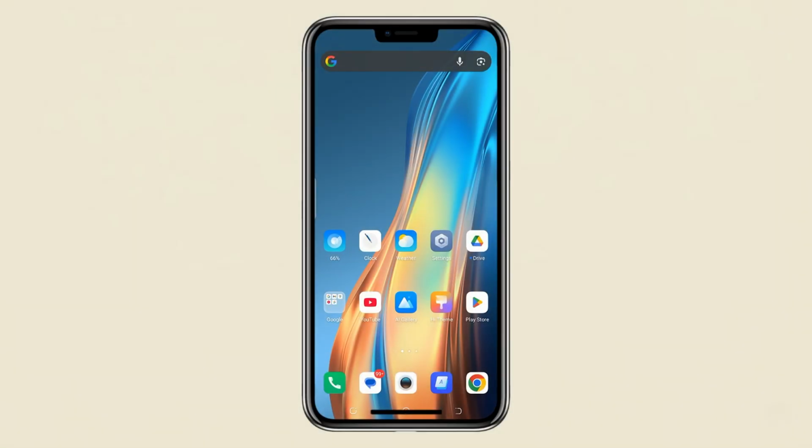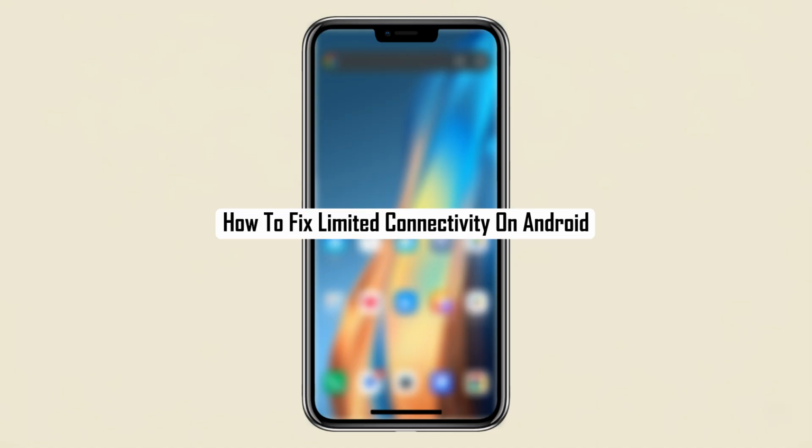Welcome to DelphStack. In this video, I will show you how to fix limited connectivity on Android in a simple